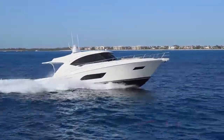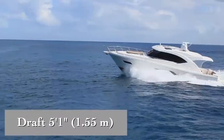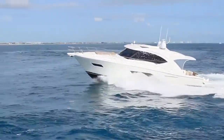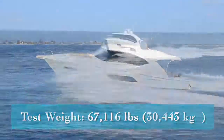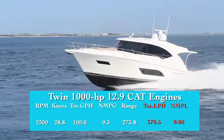The Riviera 575 SUV has a length overall of 60 feet 8 inches, a beam of 16 feet 10 inches, and a draft of 5 feet 1 inch. With an empty weight of 60,400 pounds, 71% fuel, and 4 people on board, we had an estimated test weight of 67,116 pounds. With the twin 1,000 horsepower 12.9 liter CAT engines spooled up to 2,300 RPM, we reached our top speed